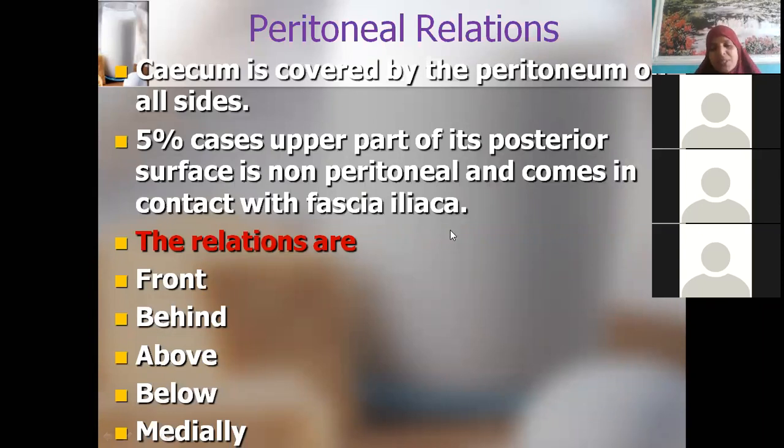Now, like always I tell you, in anatomy we should know the relations, like what is present in front, anterior, behind, posterior, what is present above, below, and medially. What is present medially? Can you tell me? What is the opening we find medially? You can tell certain relations from the knowledge of our previous classes. What is present medially, Ritika? Just recollect the picture. What is the opening medially? Medial to it is the ileum, isn't it?